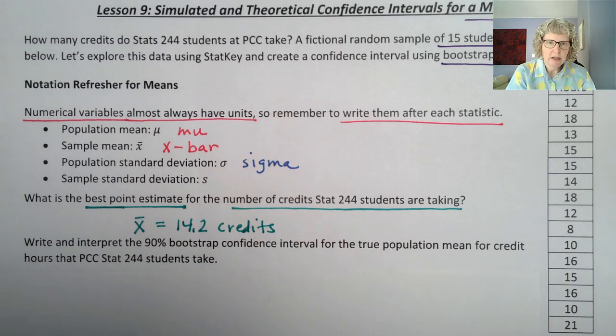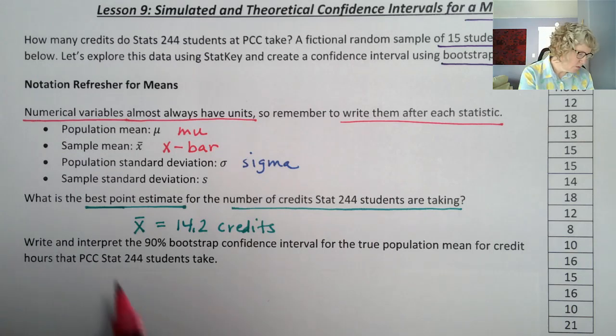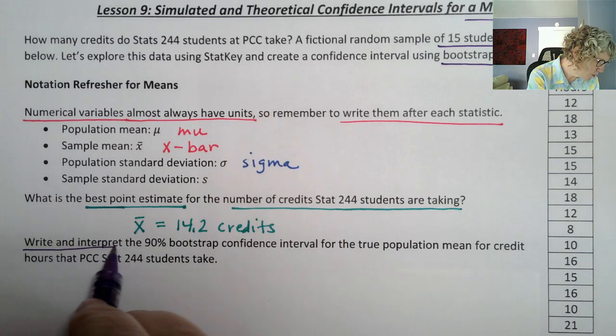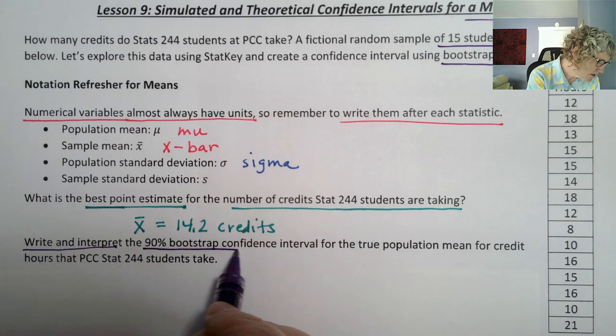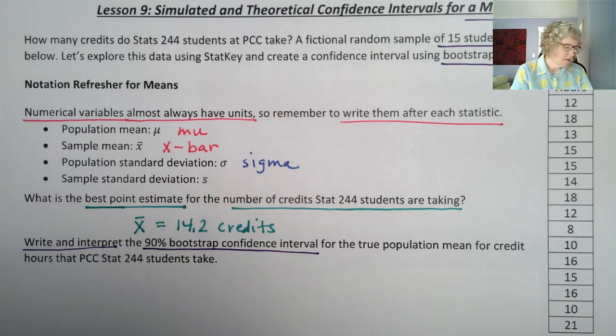14.2 credits, right? Credits or credit hours, either one. Okay, so that's a point estimate. Remember, a single point, but we want to have a range because people will tend to believe that that's the exact value, right? But we want to give an average, and we need to have a confidence level associated with that. So let's write and interpret the 90% bootstrap confidence interval,